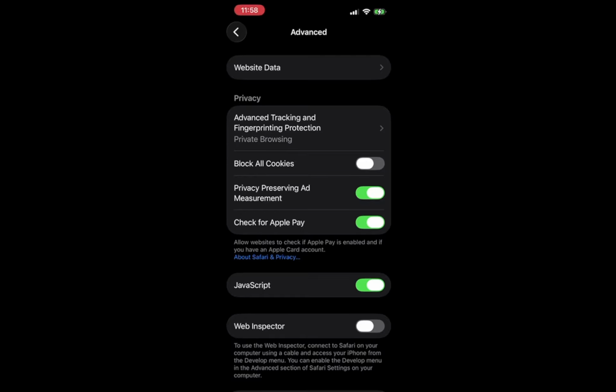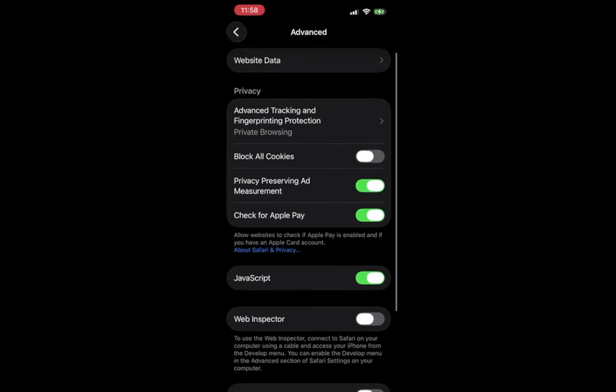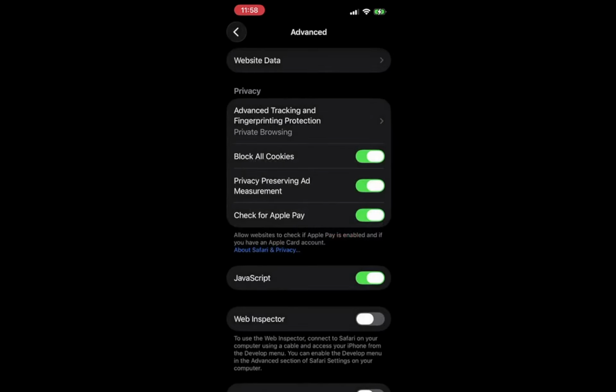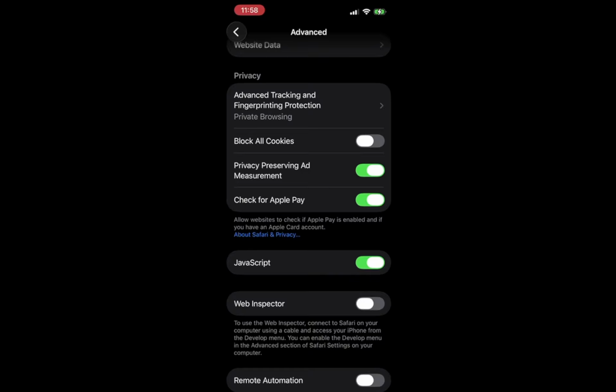Now, turn off Block All Cookies. You will see a toggle switch next to this option. When it is enabled, Safari blocks all cookies, which can hinder your experience with Yahoo Mail. By turning this off, you allow the browser to accept cookies from websites, including Yahoo. This little step saves you a lot of time later, as it prevents potential issues with logging in or using specific features within your email.